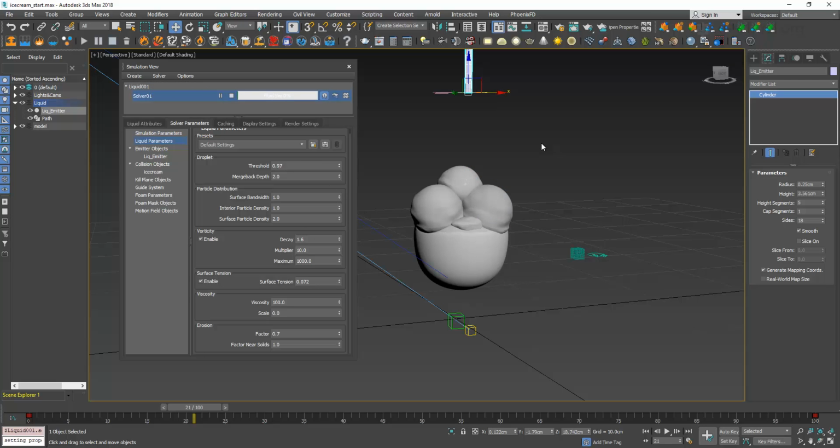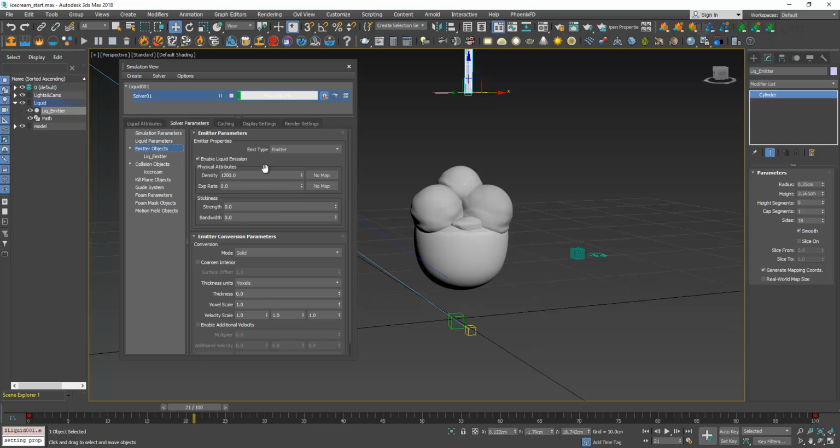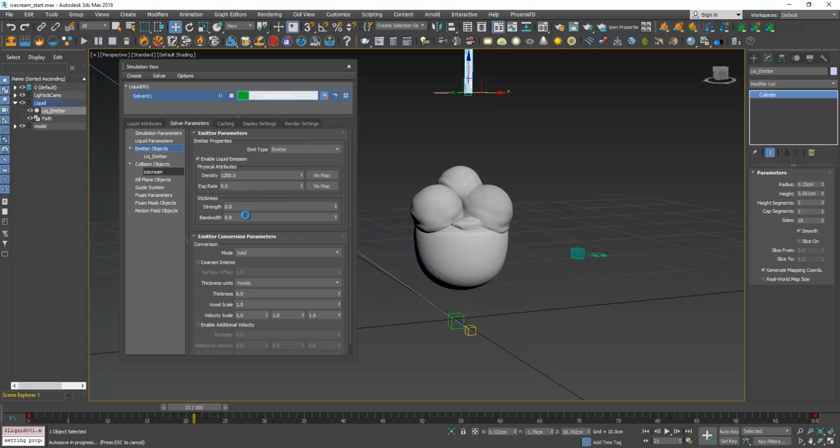Okay, now restart. And now we can see what has happened, how it looks for now. Another thing we can add here is a stickiness for the geometry, but with the viscosity, this parameter